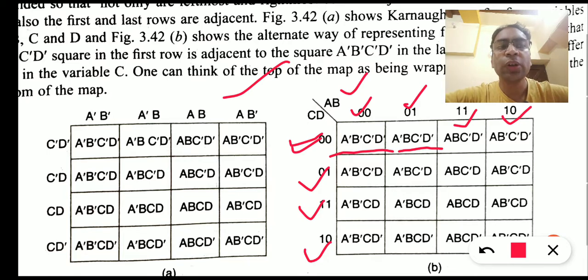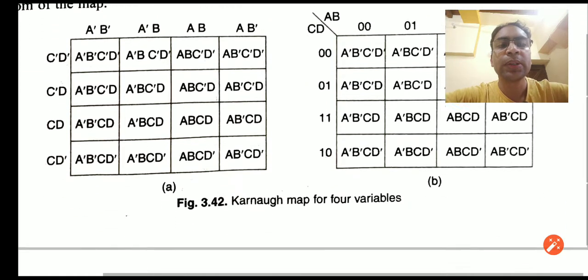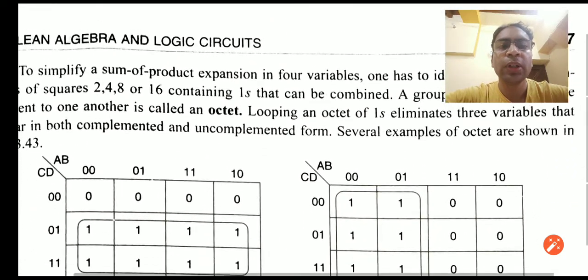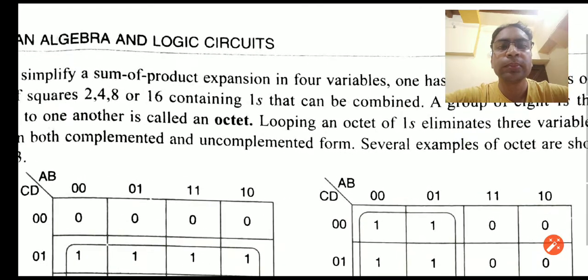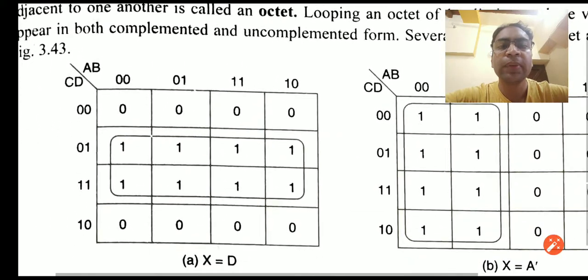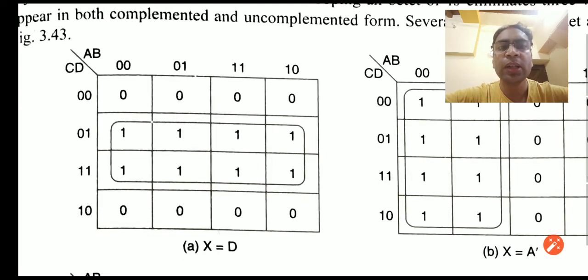From the Boolean expression, where the terms are available, we will mention a 1 into that particular square, and if that term is not available, we will mention a 0 into that particular square. So let's see. For example, here we can see this is a K-map where there are some 1s and there are some 0s. So we will put 1 only on those squares for which the Boolean term is present in the Boolean expression, and on the other squares we will simply mention 0.